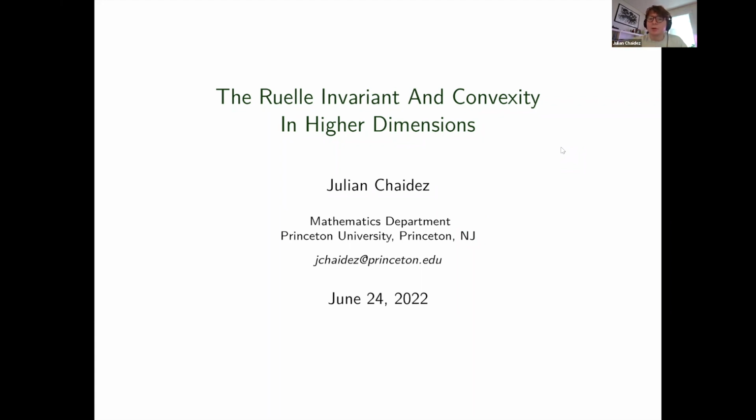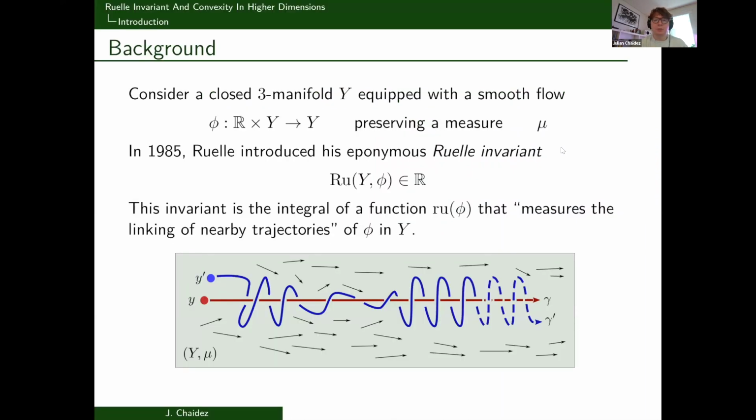Yeah, so today I'm going to talk about the Ruelle invariant and convexity in higher dimensions. So maybe I'll start with the introductory stuff. Let's say that you have a closed three-manifold Y equipped with a smooth flow phi that preserves some smooth